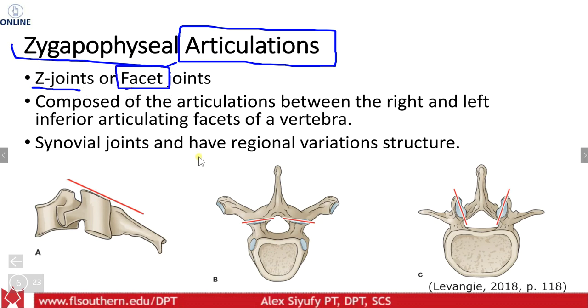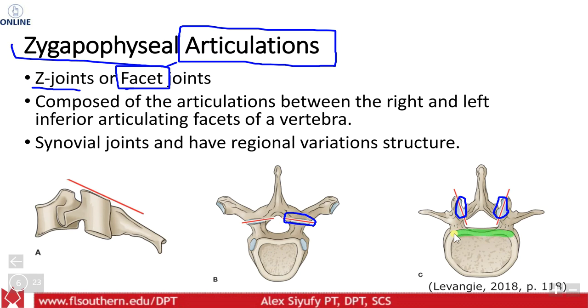These facet joints are lined with an articular or hyaline cartilage. So it's a very thin, dense amount of cartilage that will wear down over time, but it helps to distribute some of the load. But as you can imagine, you could look at how big,